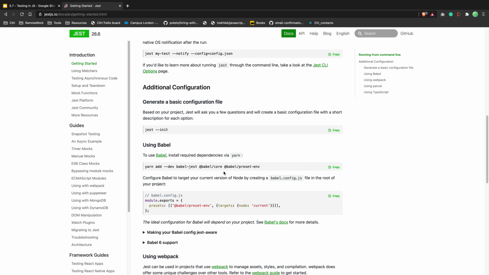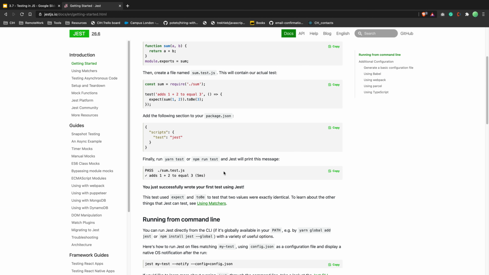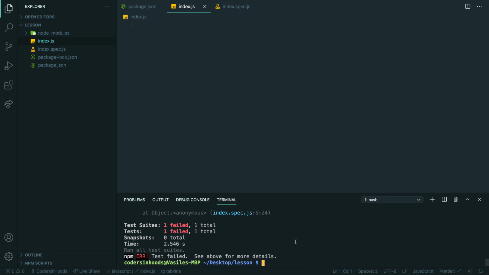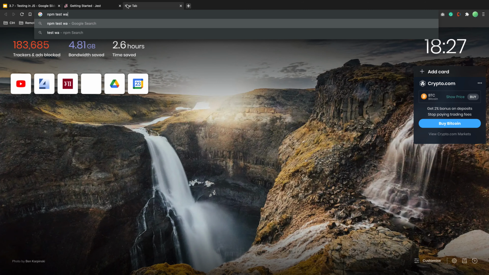It should be dash dash watch. Nah. npm test watch.